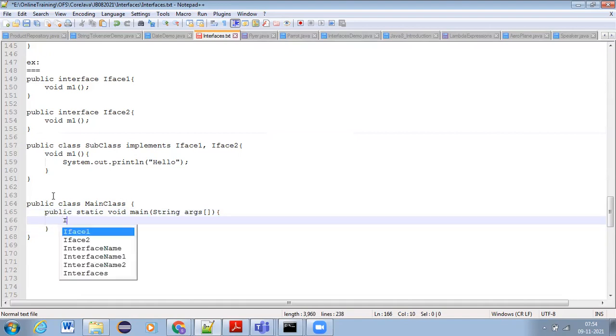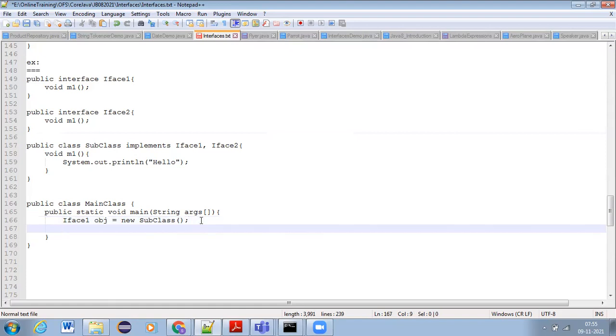I can create ifs1 obj equals new subclass. It is something like Flyer f equal to new Parrot. How we have written, just like that. Like this, I can create it and I can call obj.m1.